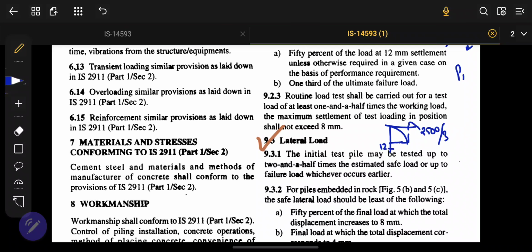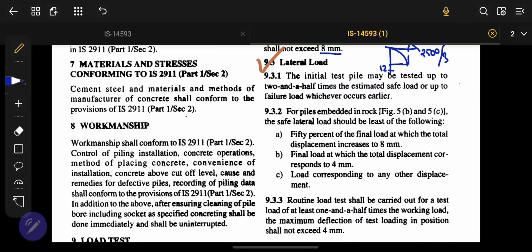The routine test is carried out up to a test load of at least 1.5 times the working load. So if your estimated capacity is say 1000 kN, you will test up to 1500 kN. And settlement of the test loading in position shall not exceed 8 mm. For 1.5 times the load, your settlement should not exceed 8 mm. This is the routine test. For lateral load, the settlement is